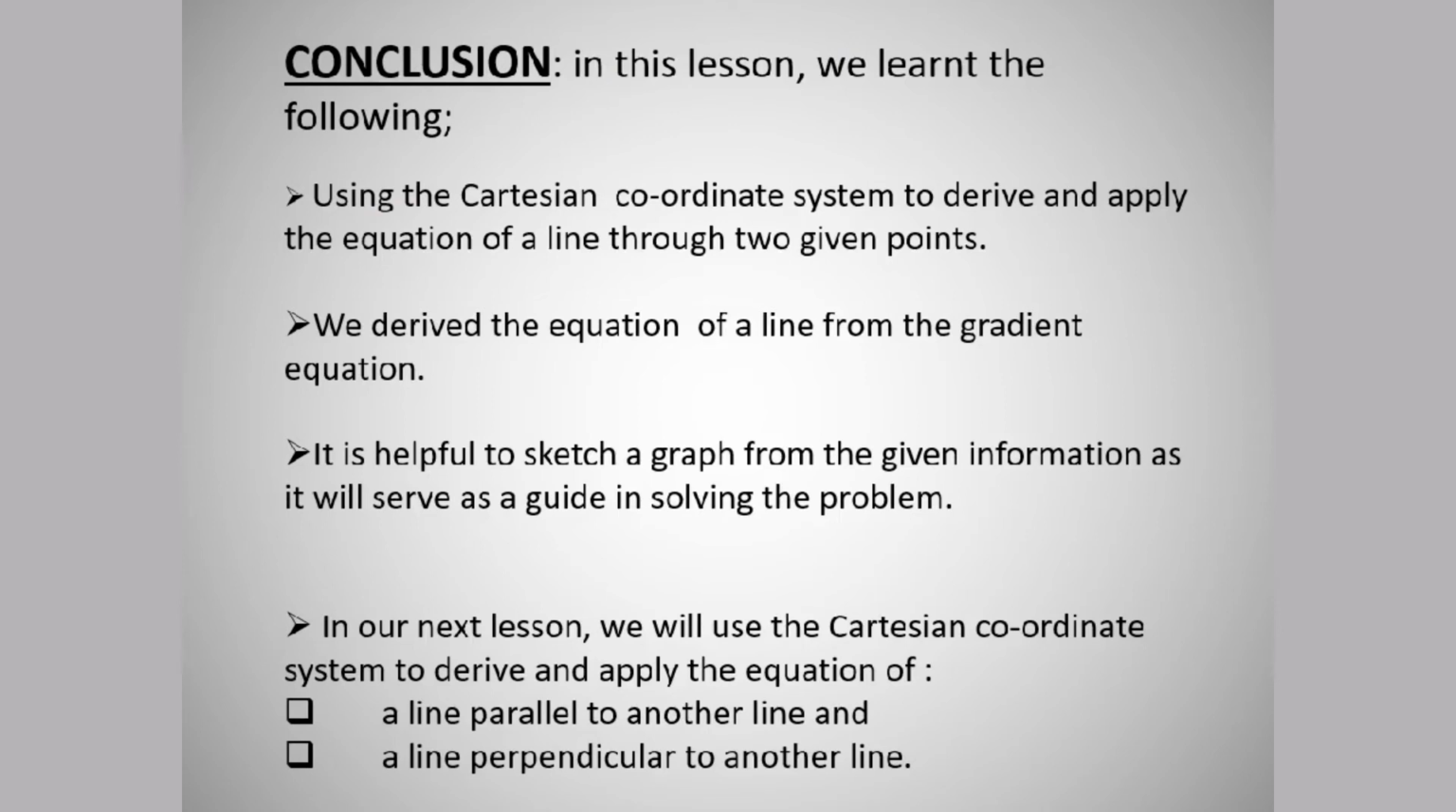In this lesson, therefore, we have learned the following. We have used the Cartesian coordinate system to derive and apply the equation of a line through two given points. We derived the equation of a line from the gradient equation. And we have also seen that it is helpful to sketch a graph from the given information, as that sketch will serve as a guide in solving the problem. It will give you a picture of what you are dealing with. In our next lesson, we will use the same Cartesian coordinate system to derive and apply the equation of a line parallel to another line, as well as a line